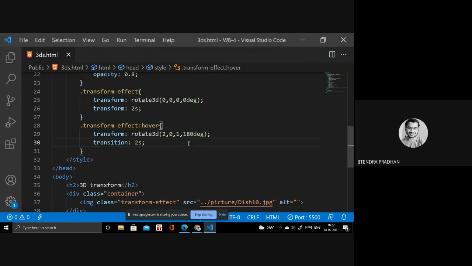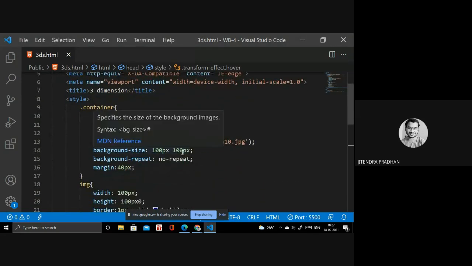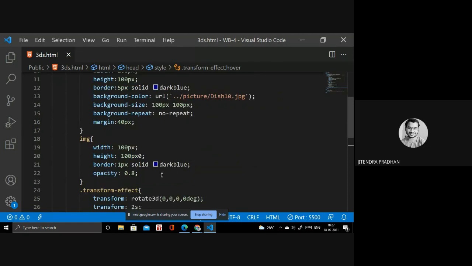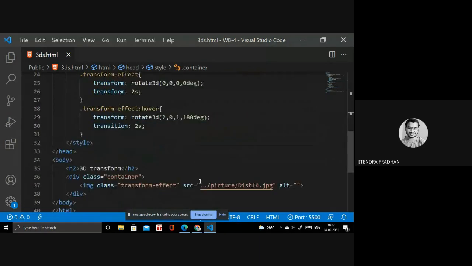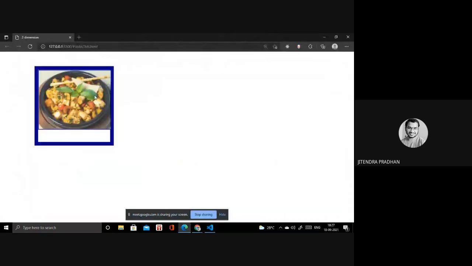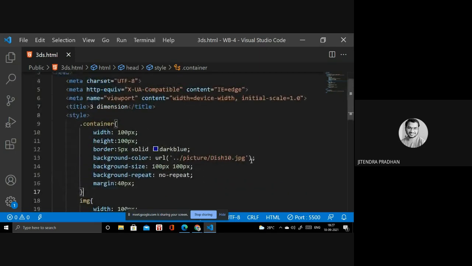Let's see what happens inside that. I think I will write something inside that, but what happened? Height, width we are giving inside that, as well as the picture will be, I think, same. Wait, we'll check. The effect is also working, like rotate all these things, but I need the picture in the background, so that is not working. So I think I will check the URL or anything.